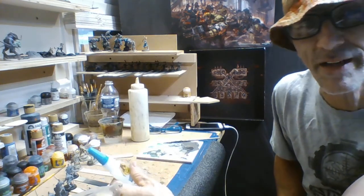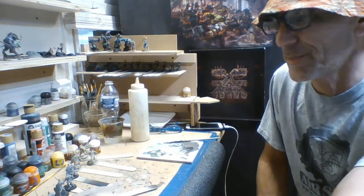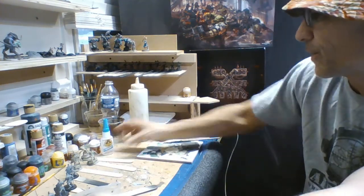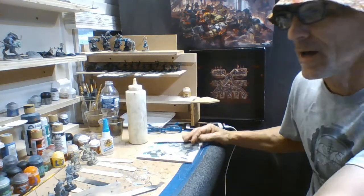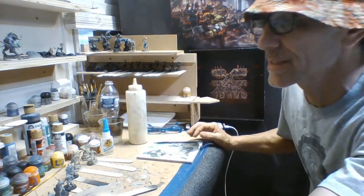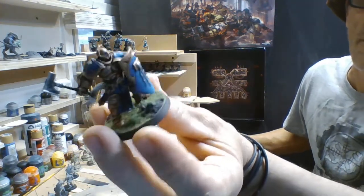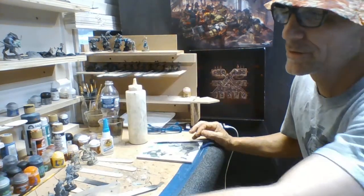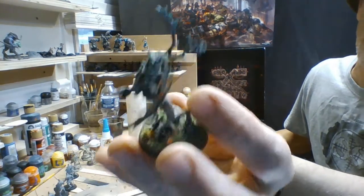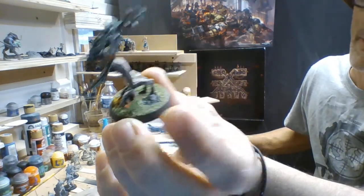It's not cost effective. It's going to cost you a couple bucks to base 10 guys, and this is less than pennies for 10 guys. So I'm going to do it in PVA today. Even stands that you're going to flock over, sometimes you want a little bit of rocks added to them. Even Sylvaneth, a lot of times if they have a little bit of rocks added to them,